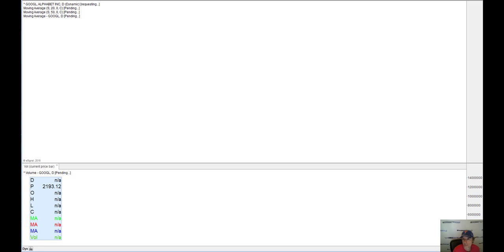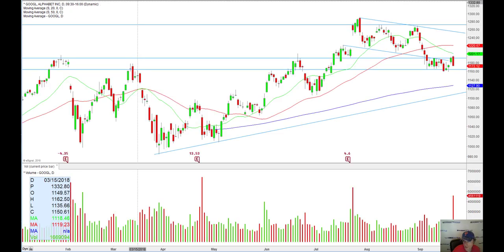And Google looks very much like the Facebook chart. This is a very interesting chart, actually, because it's a look above and fail. And remember that look above and fail almost always targets the other end of the range. So this is actually a trade I may be looking for myself early in the week, looking for the 1160 puts